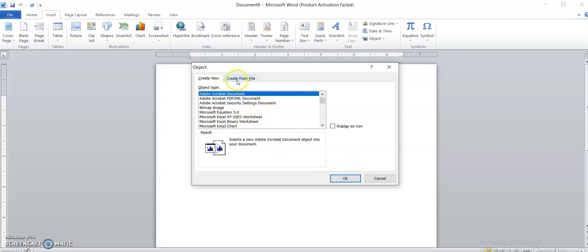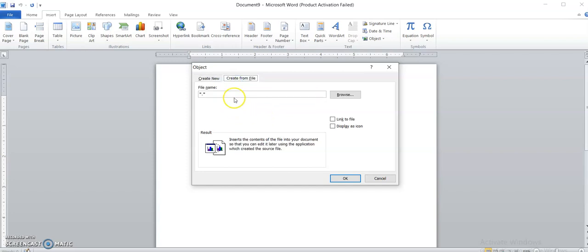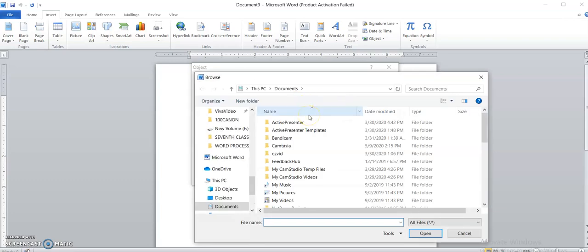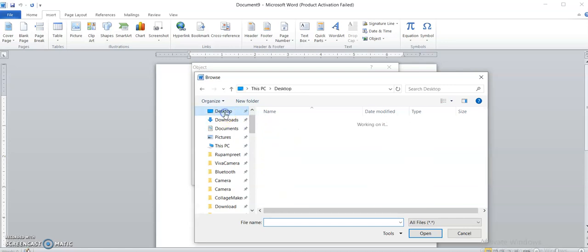We will select on create from file. Now it will show me the file name. We will browse it. You can select the PDF file over here, any PDF file. But for selecting this PDF files also, let us move to the desktop.